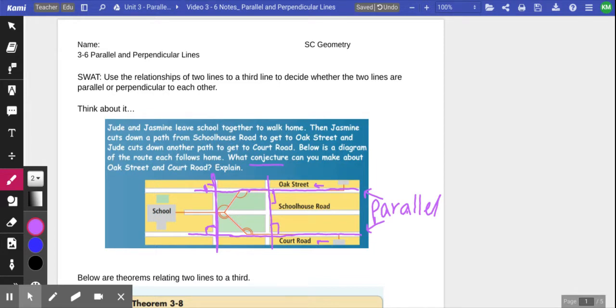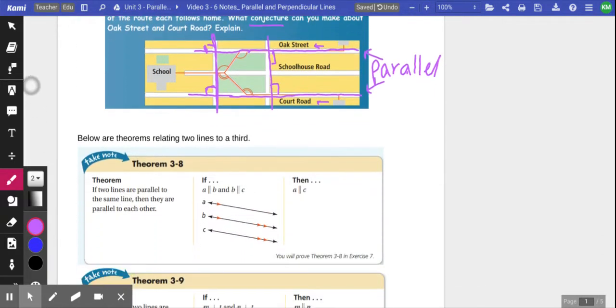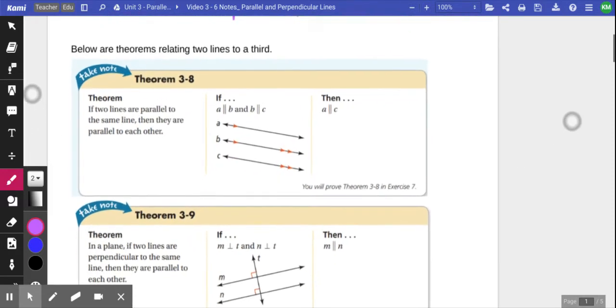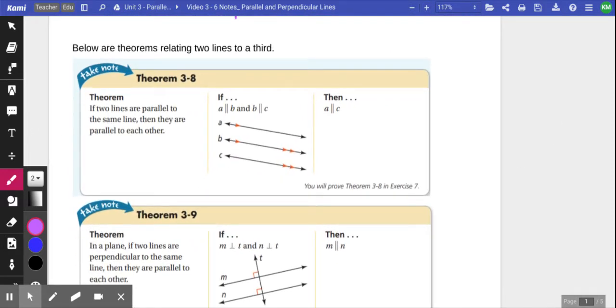Roads can be parallel, lines also can be parallel, but they can also be parallel to each other but perpendicular to a third line, or in this case, road. So a couple things we're going to do first is just relate two lines to a third line. So take a look at this first theorem. Okay, so this theorem down here says, if two lines are parallel to the same line, then they are parallel